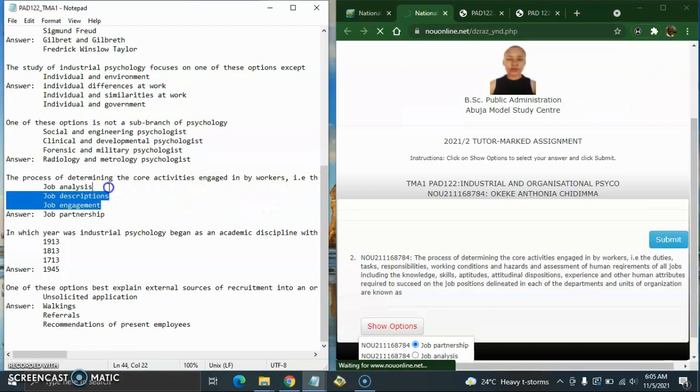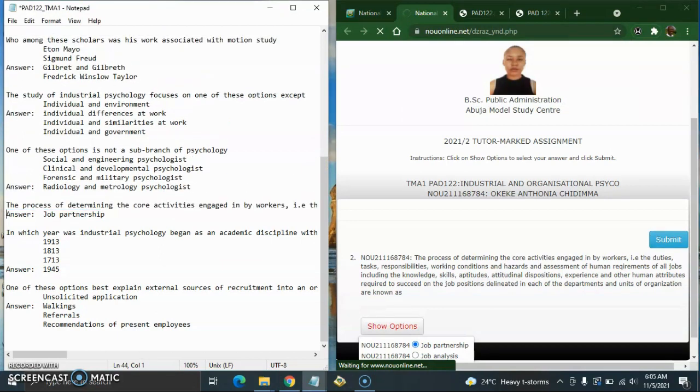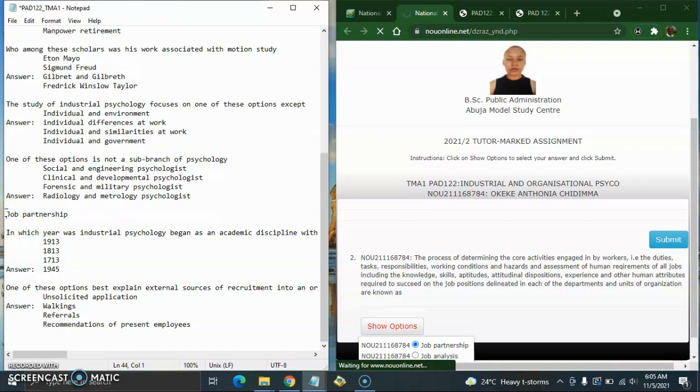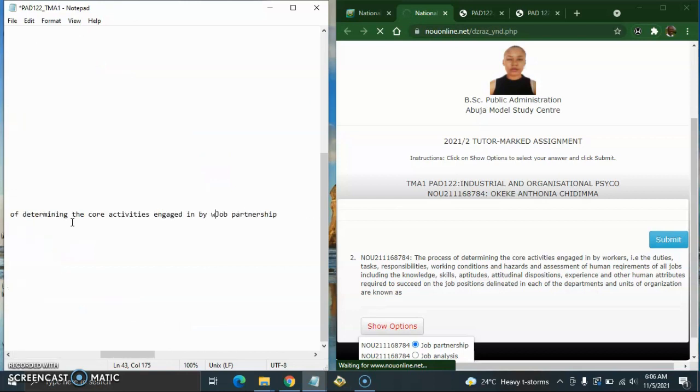Okay, some of them may not have the time to include the invalid options. You just remove it and give you only job partnership. So whenever you meet this kind of question, you know that the answer there is job partnership. Some of them will remove even the question and give you only answers, but that one is not recommended because there might be 2 different questions that have the same answers, or vice versa, and there might be confusion in some way. So I don't recommend people